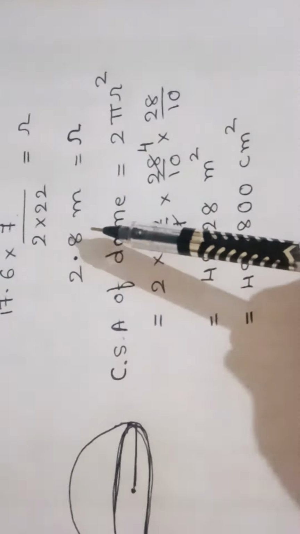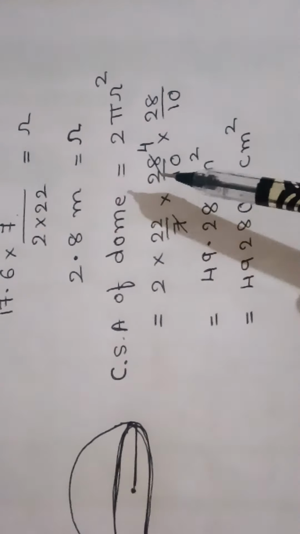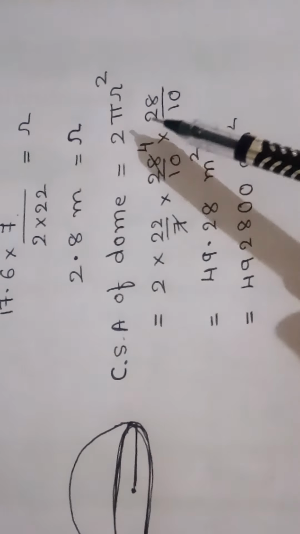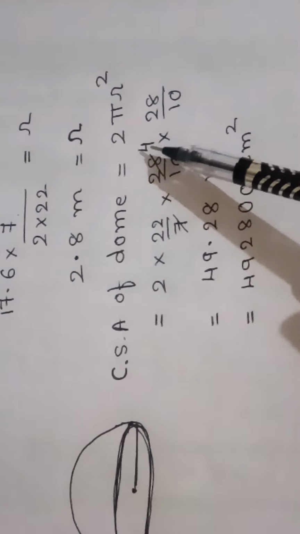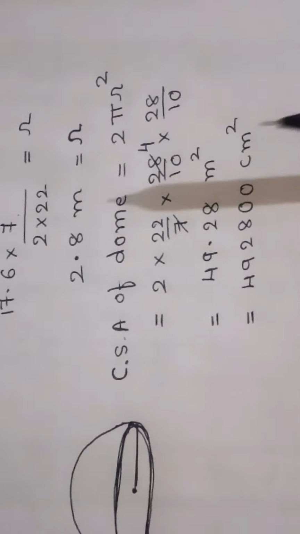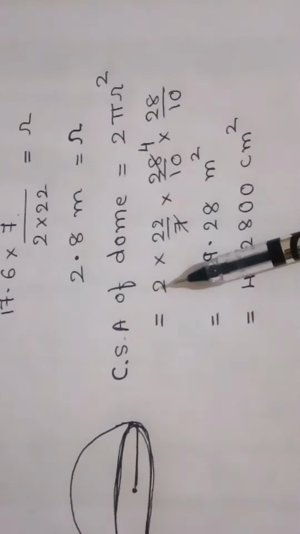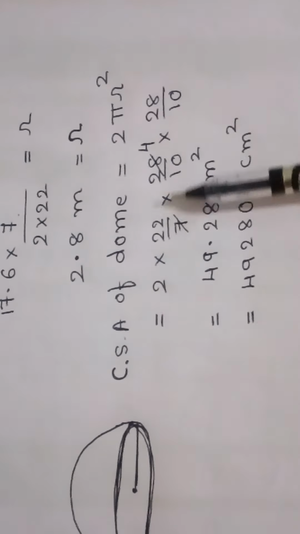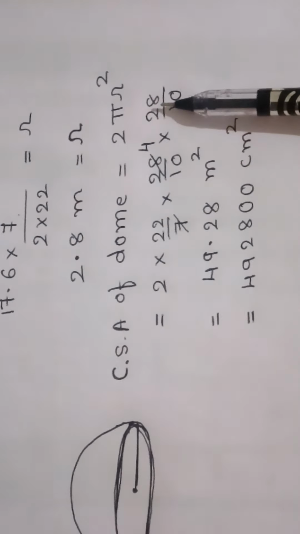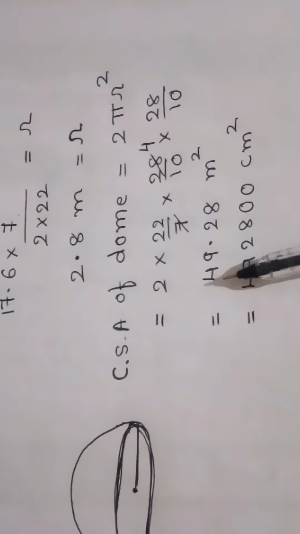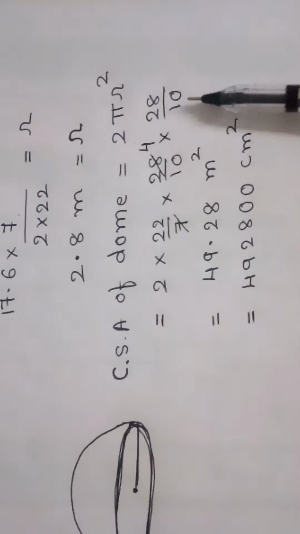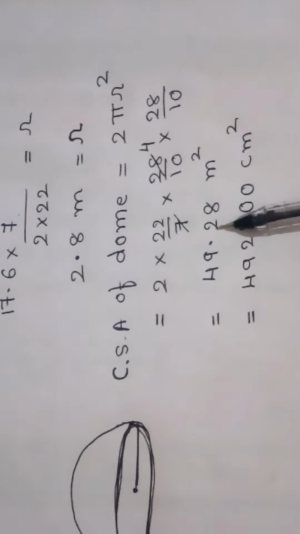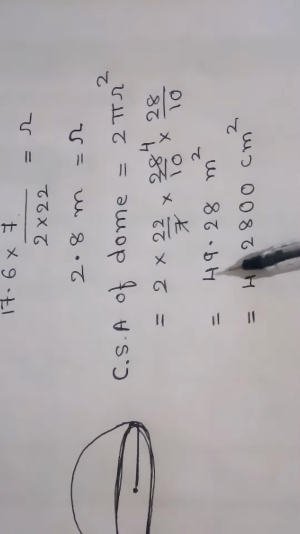The radius we already found is 2.8 meters, so we can write 28 by 10 into 28 by 10. 7 4s are 28, only one cancellation is possible here. So multiplying 2 into 22 into 4 into 28, we get 4928. But the denominator has 100, so we get 2 decimal places. So the answer is